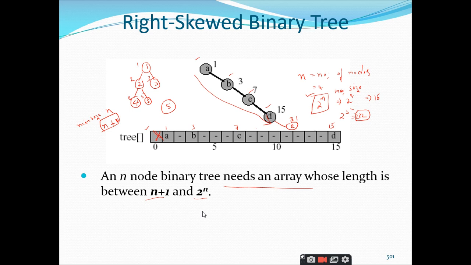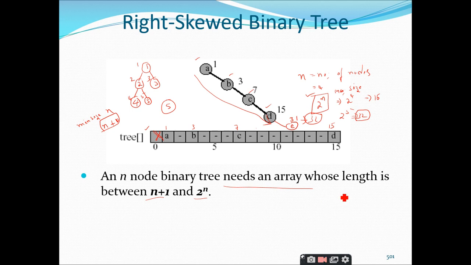So what is the name of the binary tree which wastes a lot of memory when we represent it using arrays? Skew binary tree, sir. Skewed binary tree, okay, the answer is good, but is it the left skewed binary tree or the right skewed binary tree? Right skewed, sir. Either the left skewed or the right skewed binary tree is going to waste memory, right? This is how we represent the right skewed binary tree with 5 nodes. That means the maximum is 32 elements. We have to declare an array of size 32.